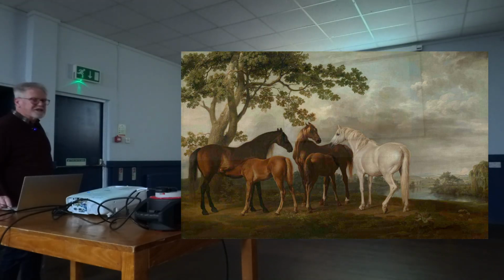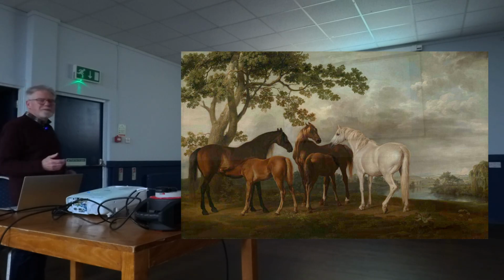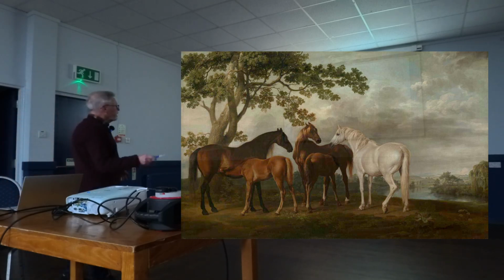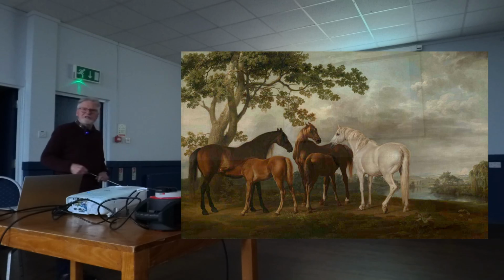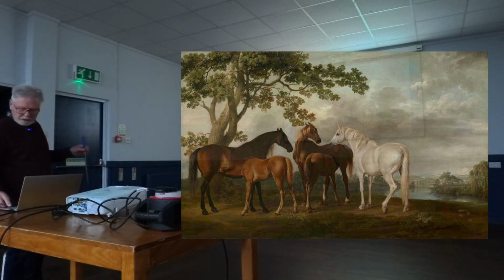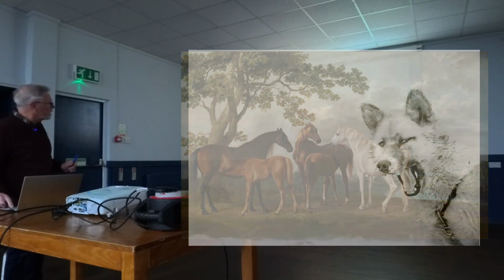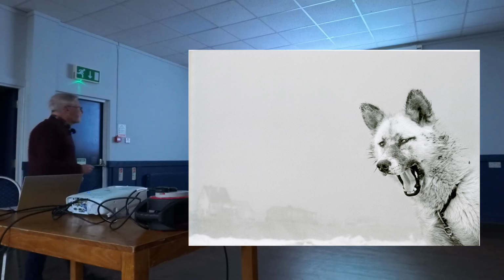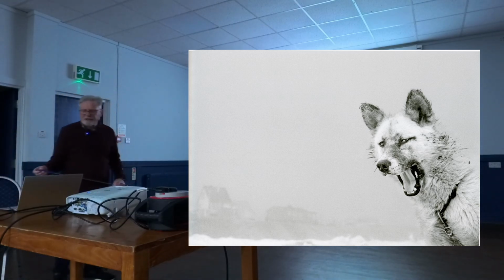This is Stubbs, and again, you see, classical composition. This is not because you think a club judge will come in and say, "Oh, you need to crop that off there. He's not doing anything for the picture." But it's a famous artist. That's what he did. And this would have been taken for the horse owners, and this would have been their local landscape. And now we get to a favourite photographer of mine called Ragnar